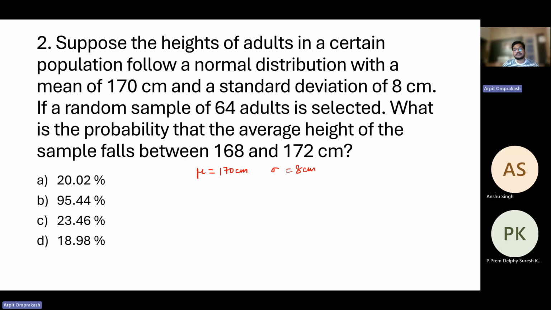If a random sample of 64 adults, so n is equal to 64, is selected, what is the probability that the average height of the sample falls between 168 and 172? So what is the probability that the average height, which will be x bar for the sample, falls between 168 and 172? That's what we are asked, right? So the probability that the sample mean falls between 168 and 172